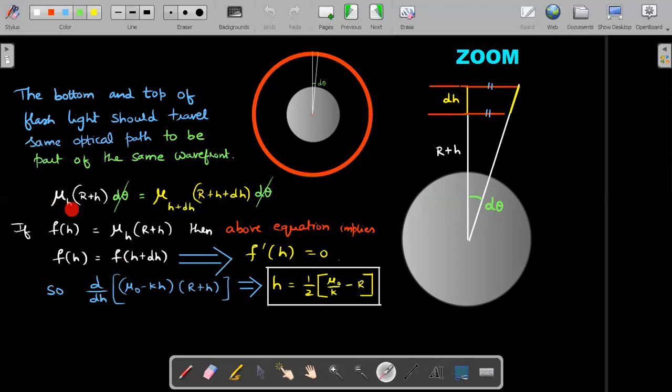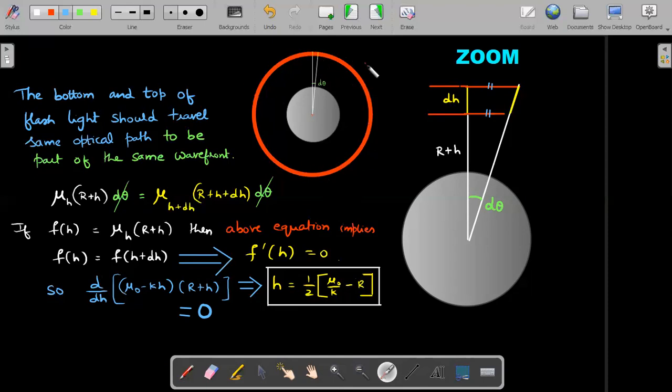What is mu as a function of h that was given? Mu naught minus kh. It was linearly decreasing, multiplied by r plus h. I want that to be equal to 0. I forgot to write equal to 0, so let me put that in for you. When I differentiate this and equate it to 0, I end up getting the required altitude at which this is going to happen. So you choose this particular distance and put a flashlight in all directions tangentially at that place, even out of the screen. All of them brilliantly go around and form a sphere of light, which I showed as a